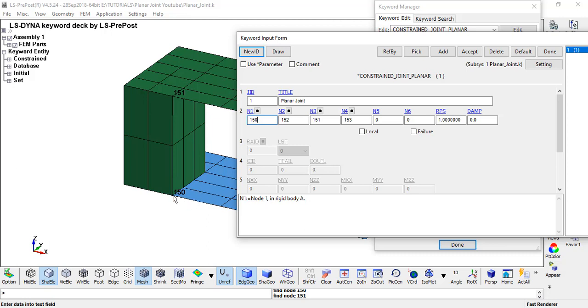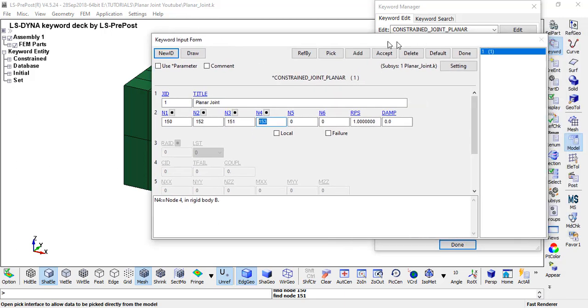So give the point and then give the point of 152, which is the point of the sliding rigid body. The node 152 is also at the same position as 150, and the node 151 is at a certain height, but it belongs to the fixed rigid body itself. Okay, and 153 belongs to the sliding rigid body.